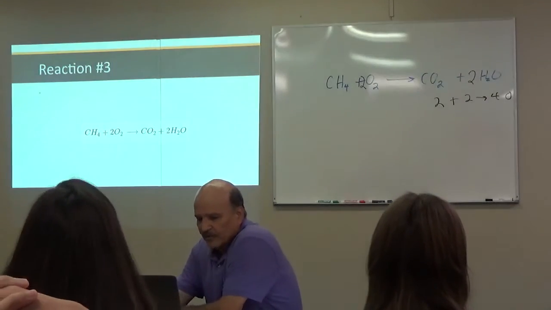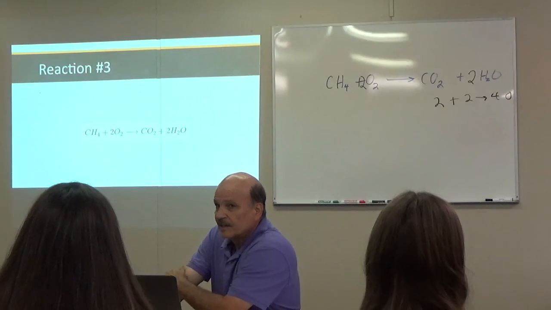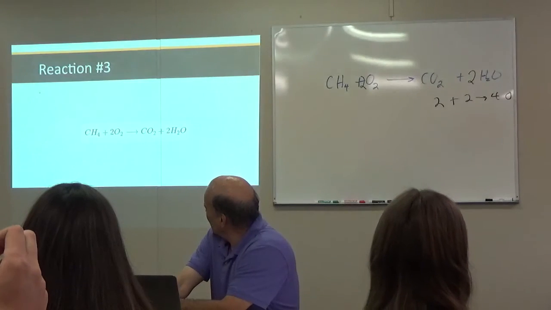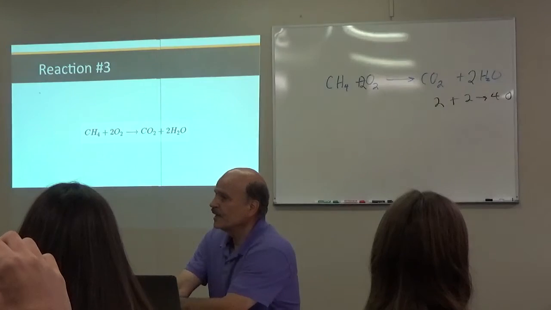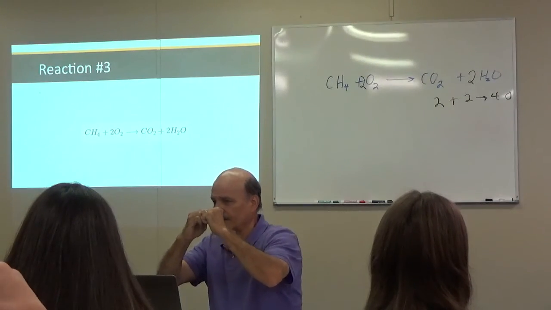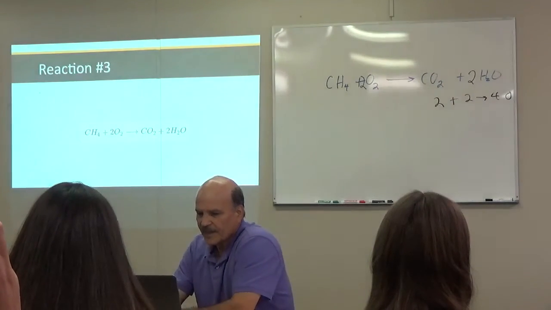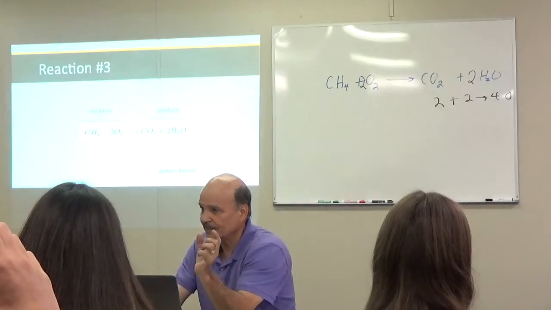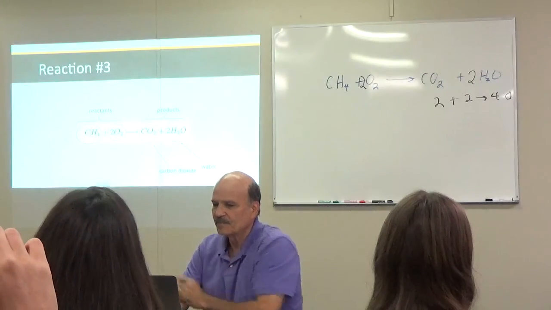So 1 molecule of ammonia reacts with how many molecules of oxygen? 2. On the left side, 2. And how many total atoms of oxygen are there on that left side? 4. Because you have 2 molecules of oxygen, diatomic, so that's 2 and 2, it's 4. Okay, and again, that's the reactants, and this is the products, and that's called carbon dioxide, meaning 2 oxygens. And this is water, or